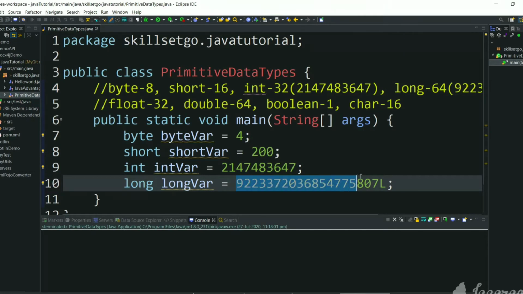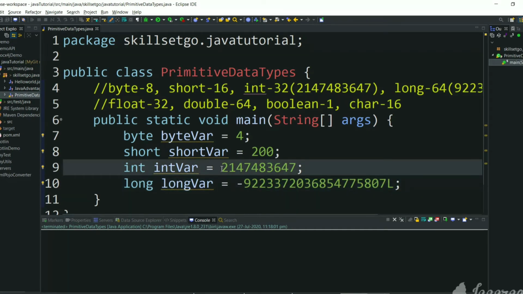And this is the maximum number that long can occupy. If you try to assign a bigger number than this, we will get an error, literal of type long is out of range. So only this much long can occupy. On the negative side we can assign a negative number. The maximum number is the positive of this number and the minimum number is the negative of this number. For integer also, the maximum number is this much and the minimum number is the negative of that number.